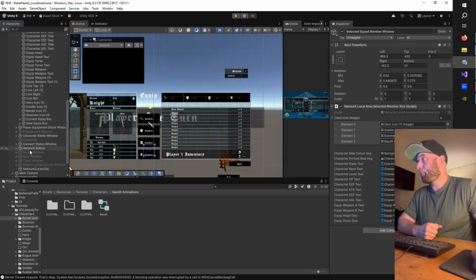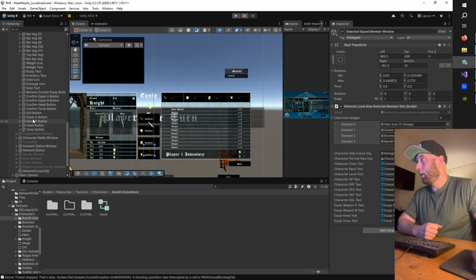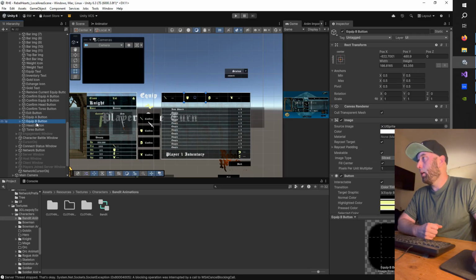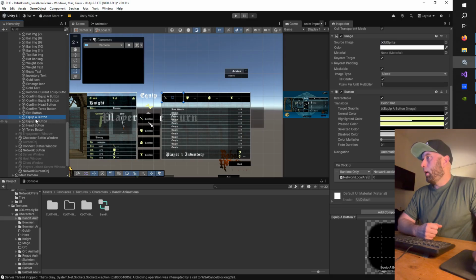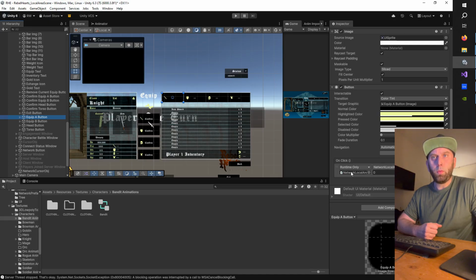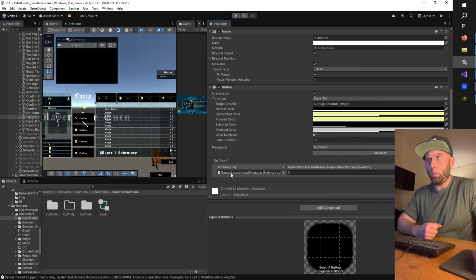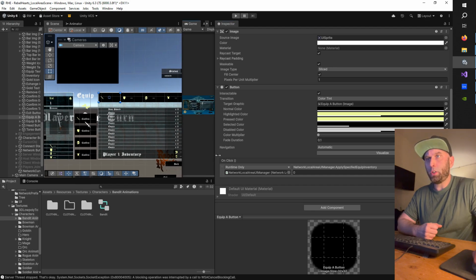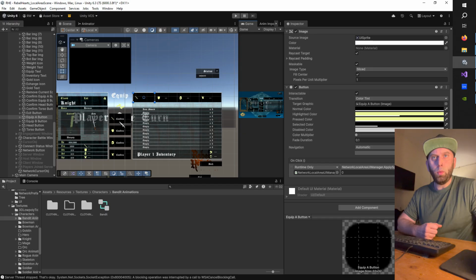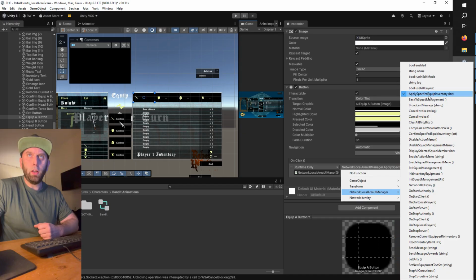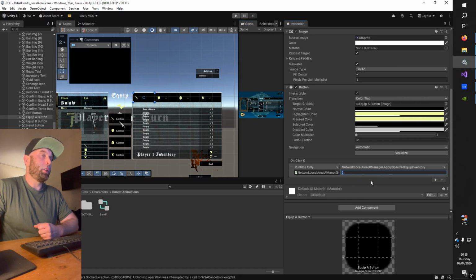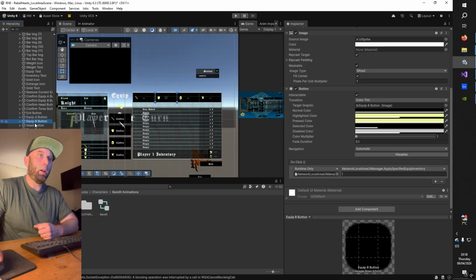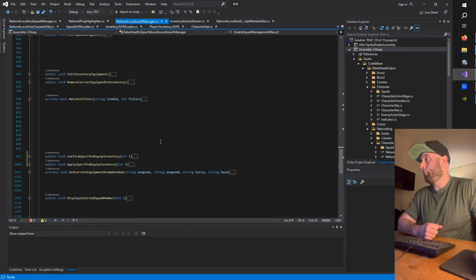Hang on, that's the wrong one. There we go. Equipment A, B. So for each of those four, each one's making this call. We've connected our network local area UI manager script in there, and then we select its function here, apply it, specified it, equip inventory, and we pass in a simple integer, to identify it. So if we search for that here,